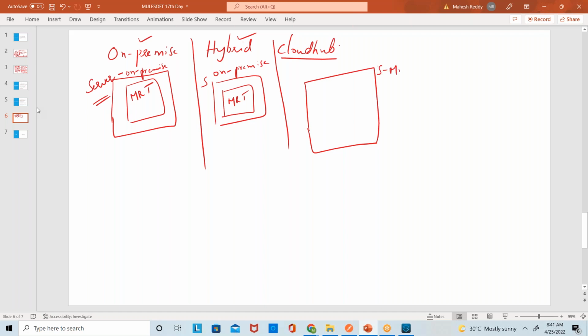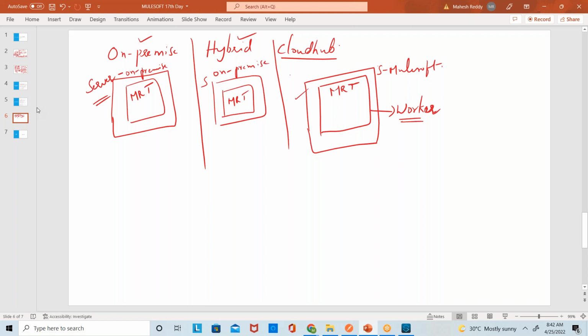The server will be on the Mulesoft side. They will take care of everything. And in that, Mule Runtime will be created on a concept called worker. Automatically, when you click on Runtime Manager and select CloudHub,